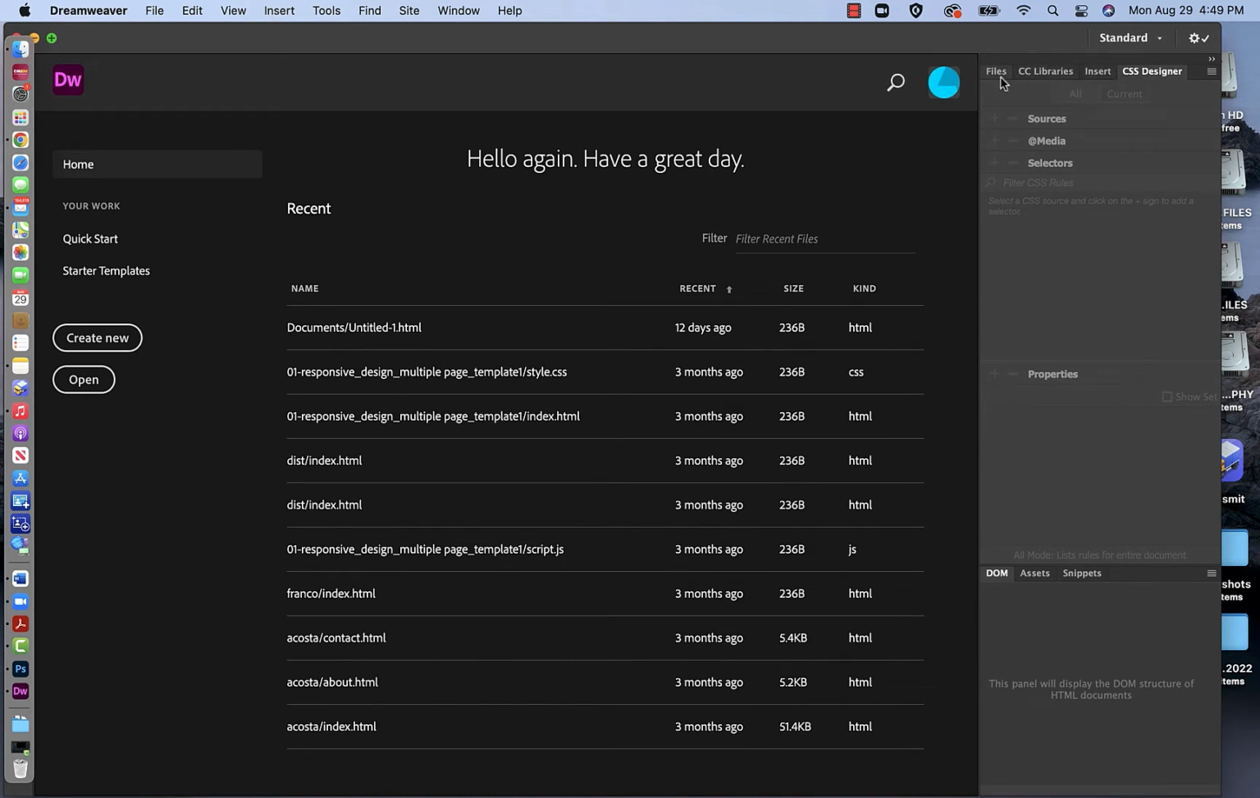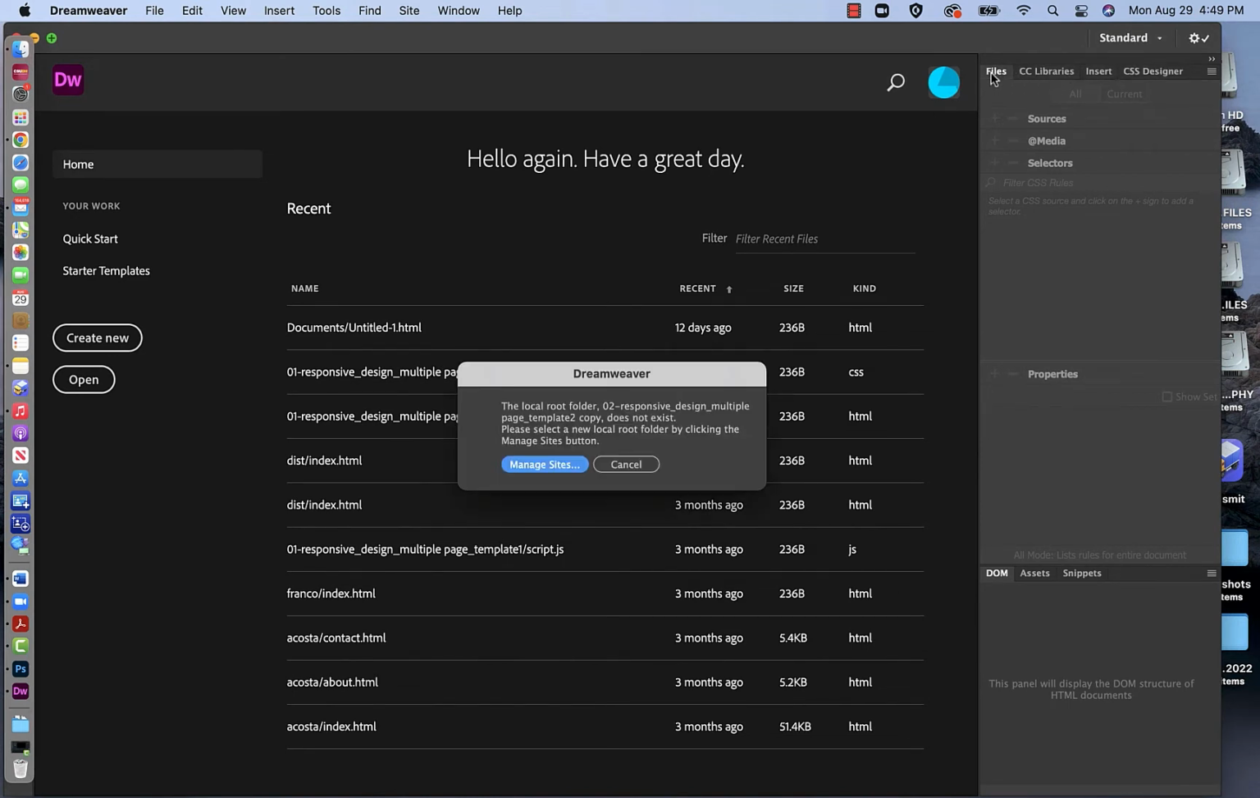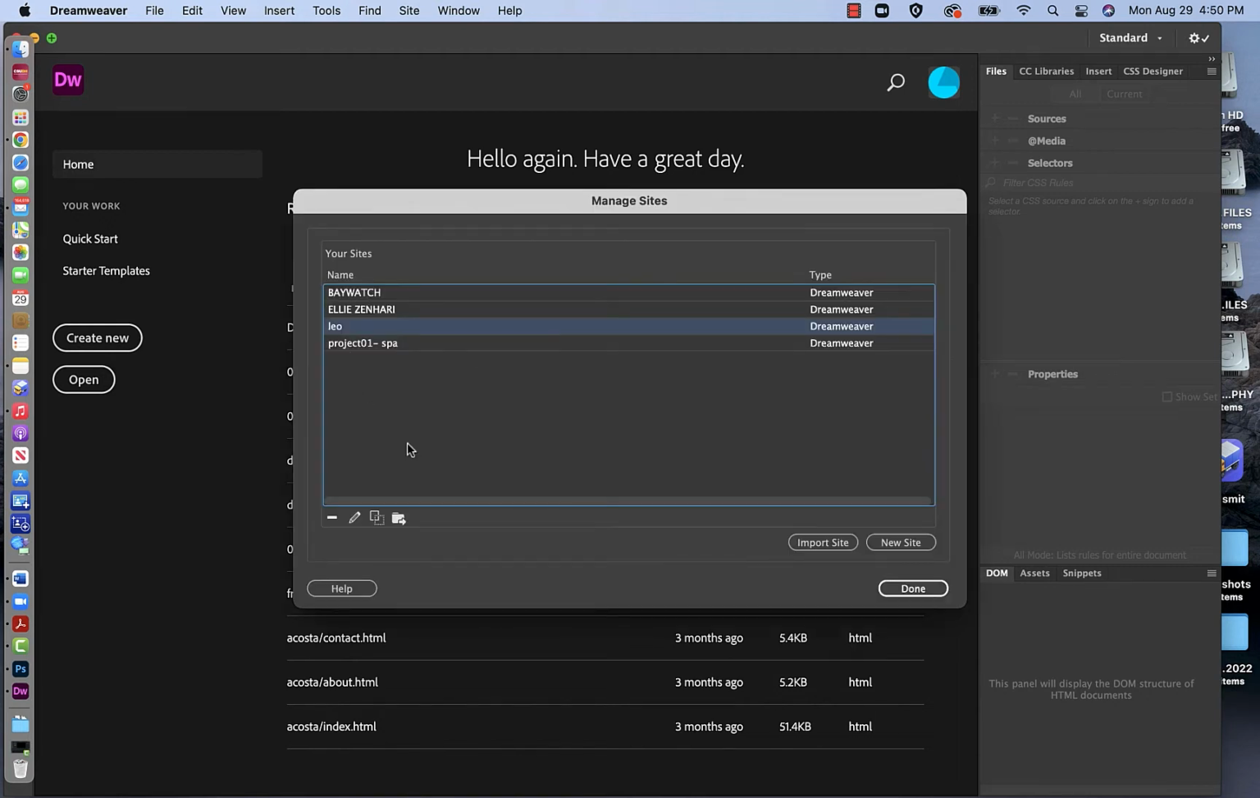And if you come back here to the top menu and I click on File, automatically it says, oh, I don't know where your files are located. Do you want me to manage your site? Which means, do you want to tell me where the folder that you're going to be working off of is located? So I'm going to click Manage Site, and I have quite a few different sites here. But basically when you start, this is going to be empty. So the first thing you want to do is create a new site,